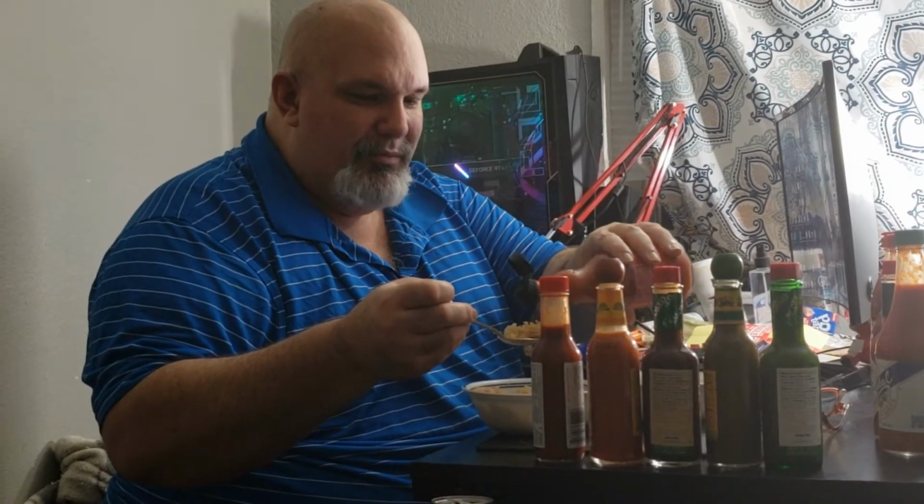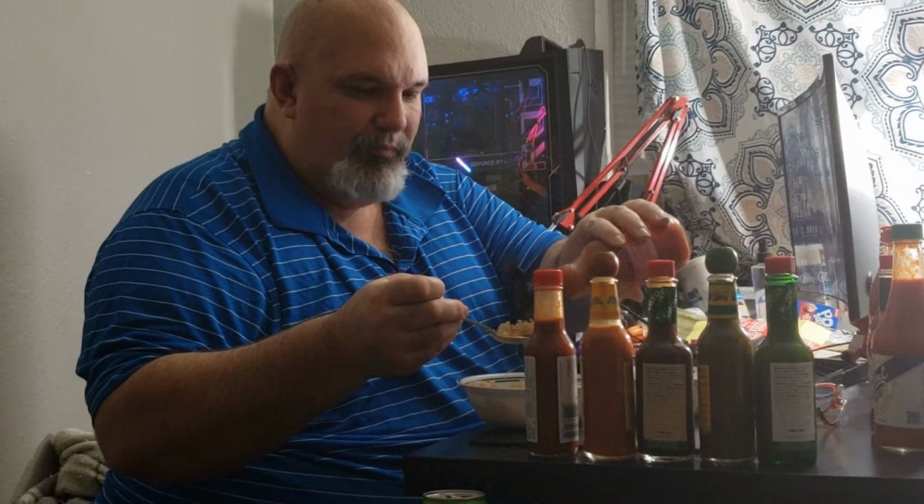Again, one that's a little more heat. And I'm thinking the next one after this is going to be the same, more heat than flavor. Not saying that it doesn't have flavor, but the heat overwhelms the flavor. Not by a lot, but